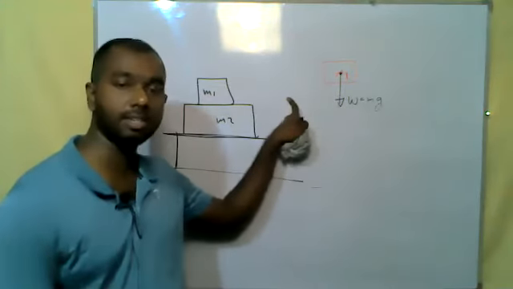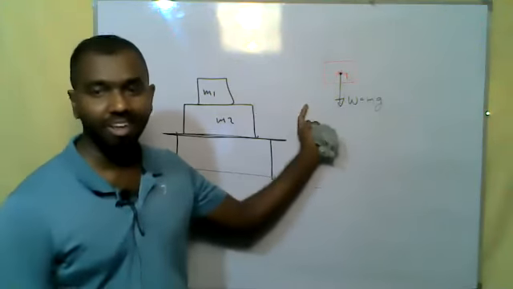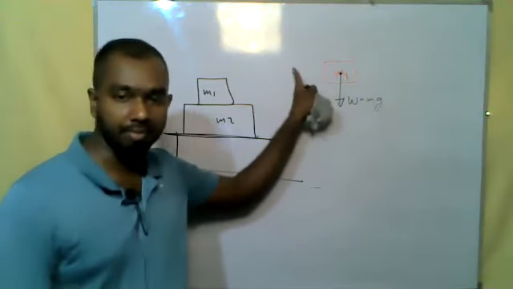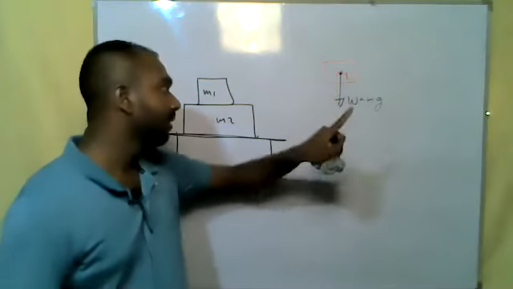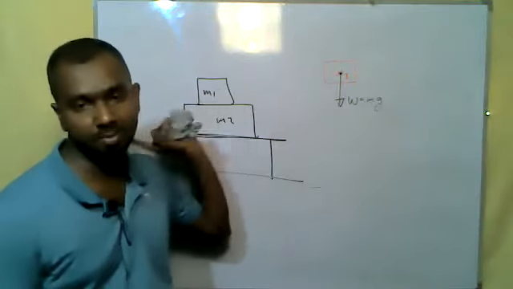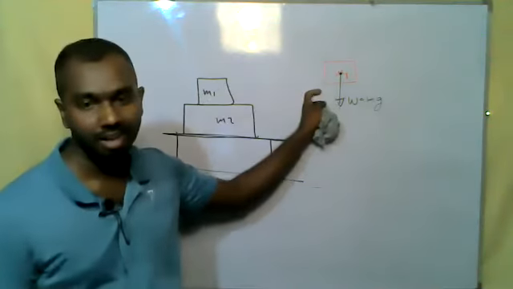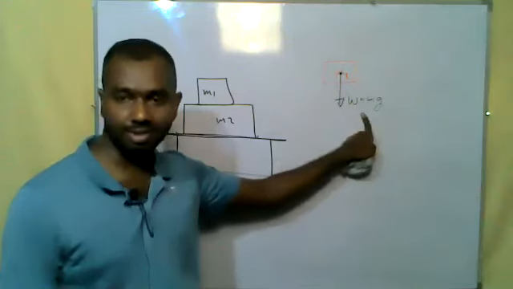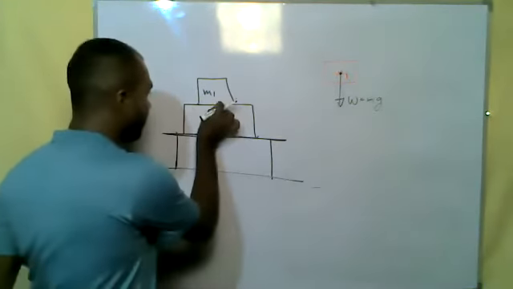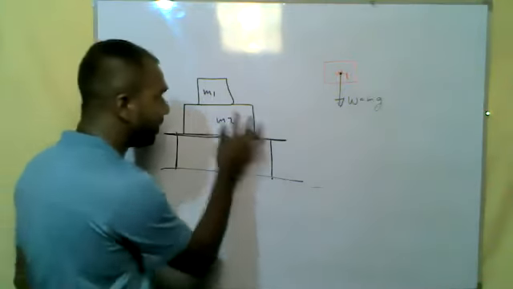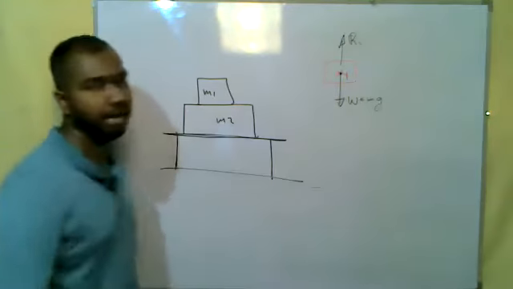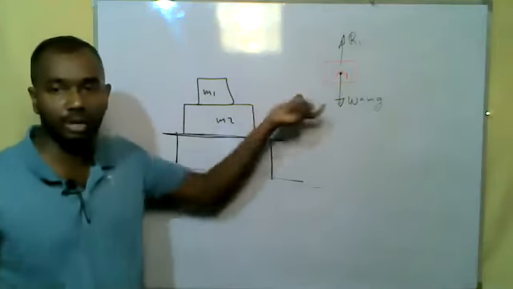Are there any forces acting on this one? If you think no, then you can think of Newton's first law. What is the first law? If there is an unbalanced force acting upon a body, it should accelerate. But this book, this mass, is not accelerating, it is at rest. So there can't be only this weight. There should be something because this is at rest. That means there is a reaction coming from the second book to keep it up. So you can think of the reaction R1, the reaction coming from book 2 to keep it still.